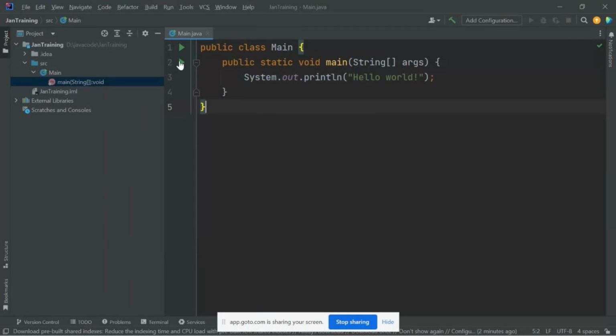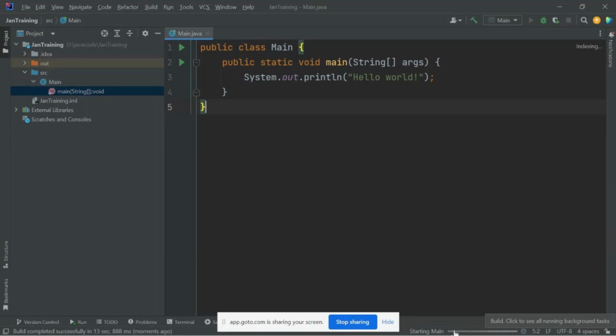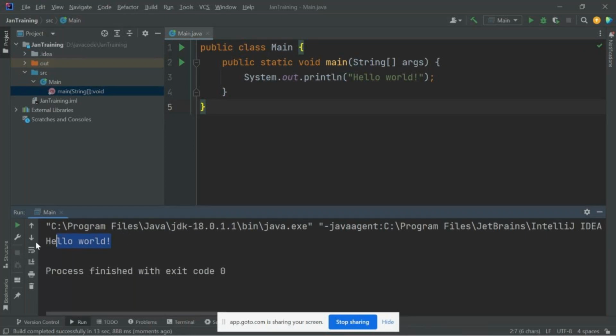I'm going to use the easy one, that is, on my screen itself I can see an execution button, so I'm clicking on it. Once you run it, you can see my screen. At the bottom right, something called build is showing. For the very first time it will take some time because it will download some relevant things. Once it is downloaded, it prints the output, Hello World. My file name is Main.java, it is converted to Main.class and it is printed on my screen also. So compilation and execution, both have happened now.